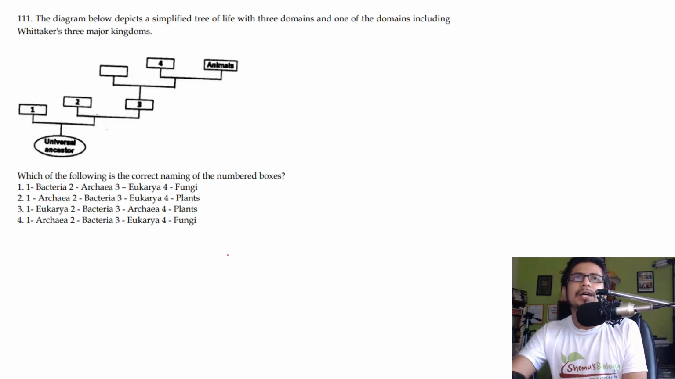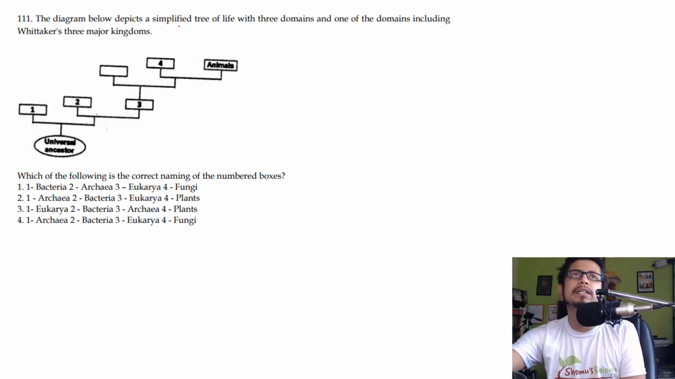Okay, so this is the first question. The diagram below depicts a simplified tree of life with 3 domains, and one of the domains including Whittaker's 5 major kingdoms. Which of the following is the correct naming of the numbered boxes? So Whittaker 5,